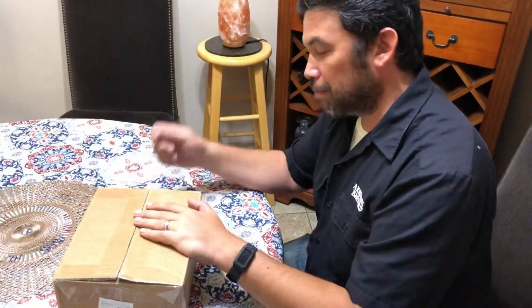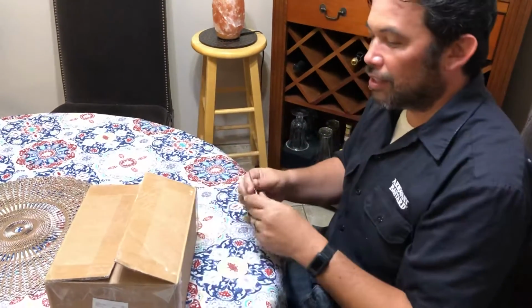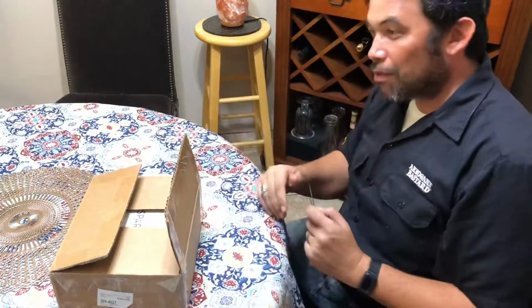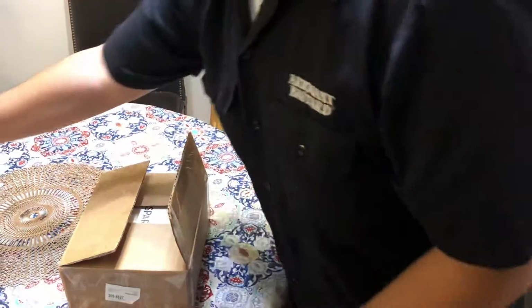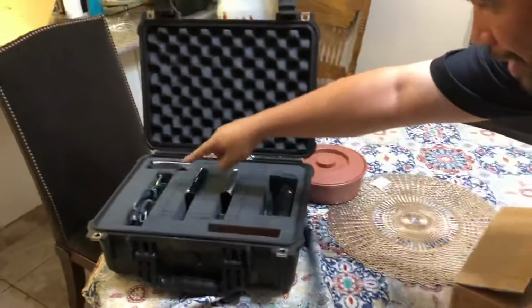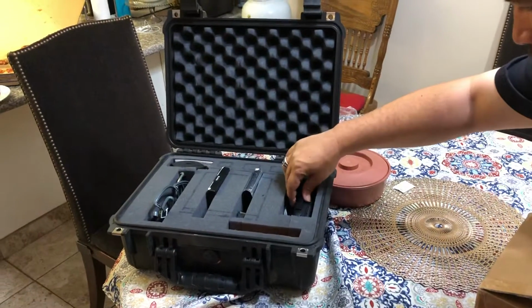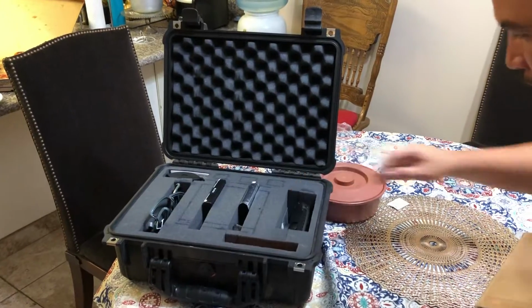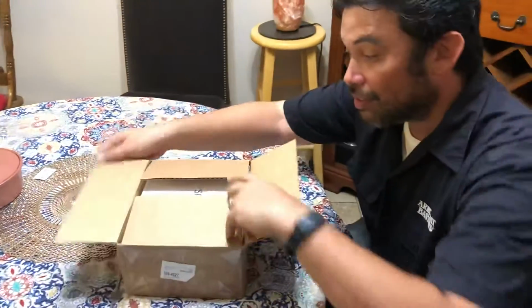Alright folks, I just got this in the mail. I kind of cheated because I started to open it. But first I want to show this off. This is just a regular Pelican case right here. And I kind of set it up to prepare for what has just come in through the mail. And what it is...